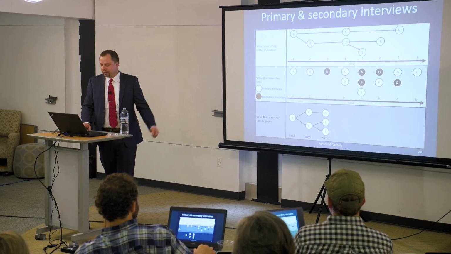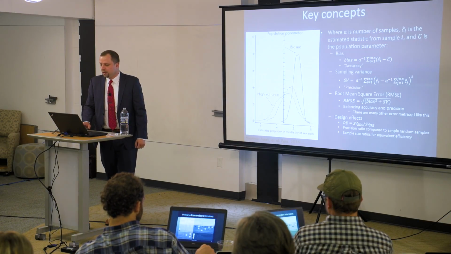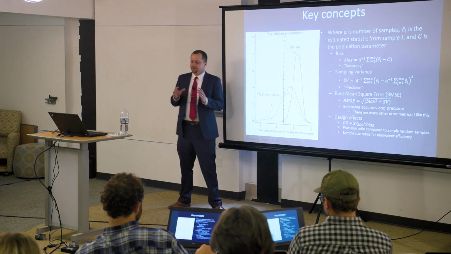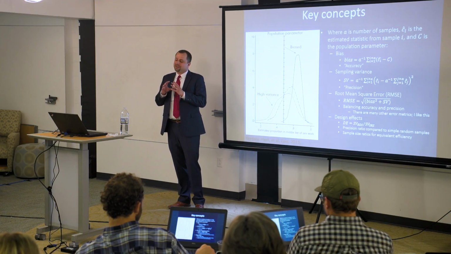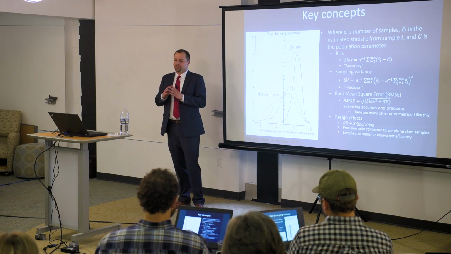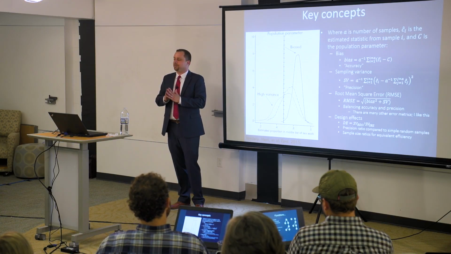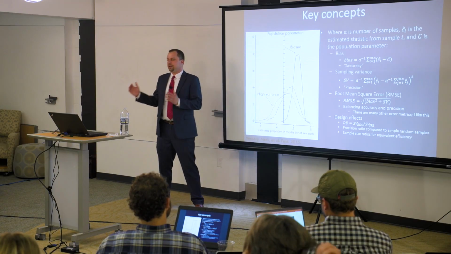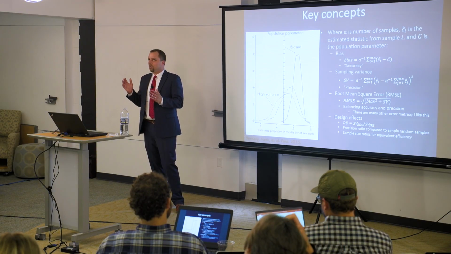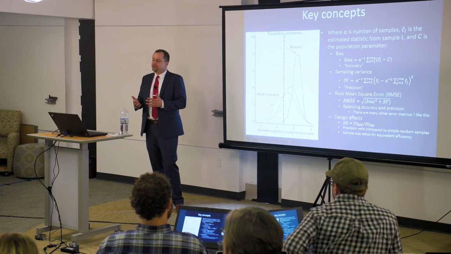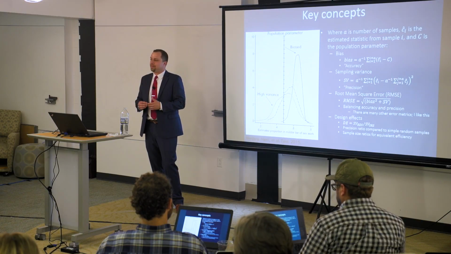This is this idea of primary and secondary interviews. Another key concept with RDS is that, statistically in theory, it yields unbiased results. But the results tend to be highly variable from sample to sample. And there's a real trade-off between bias and variability that went unrecognized in the RDS literature for a long time, but which has begun to be more recognized and is, I think, a little bit problematic for RDS at this